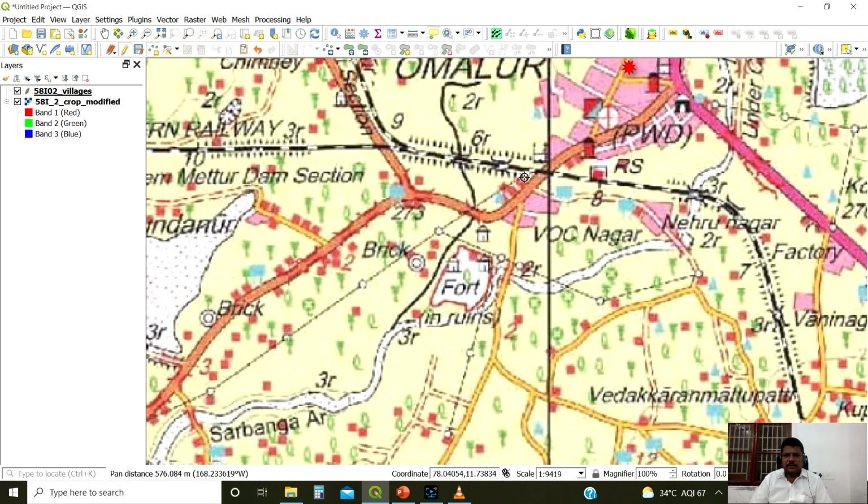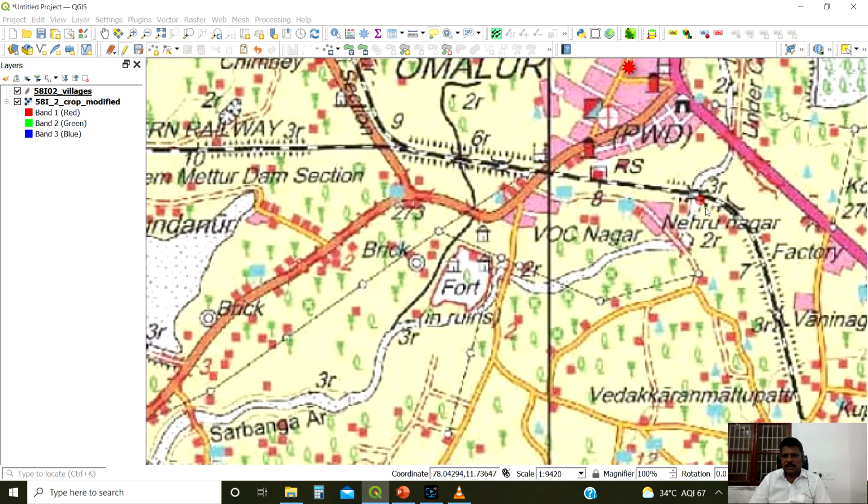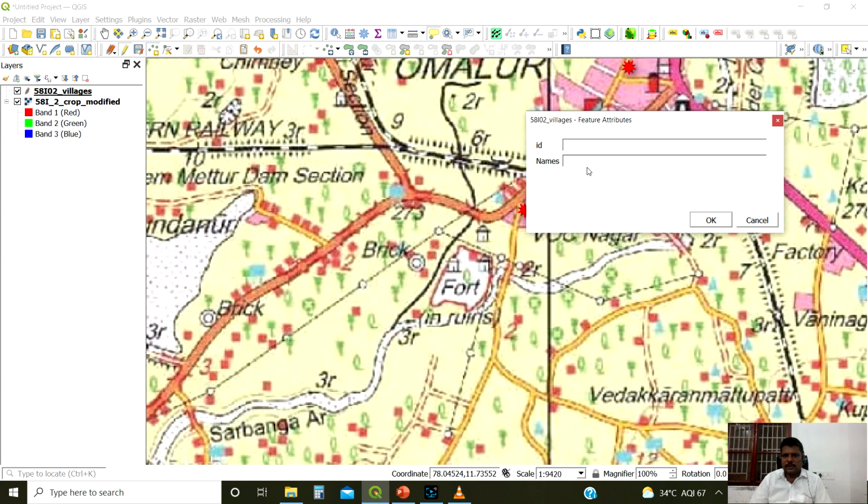Then here you can click VOC Nagar. VOC Nagar. Here Nehru Nagar.